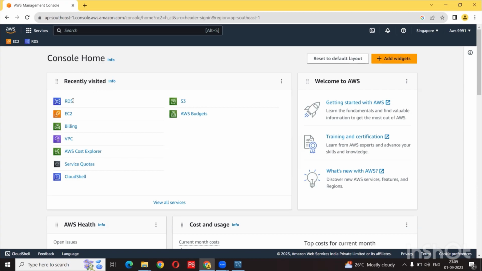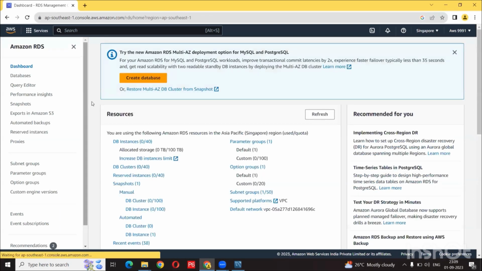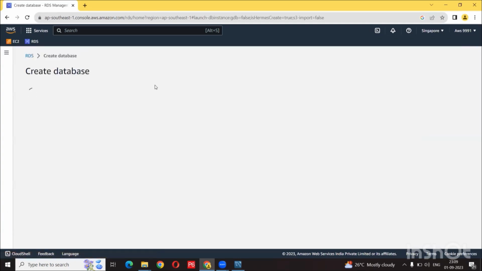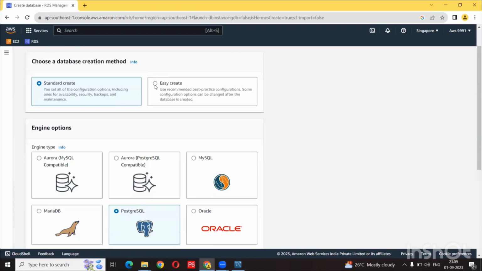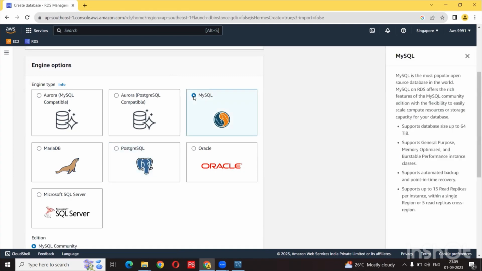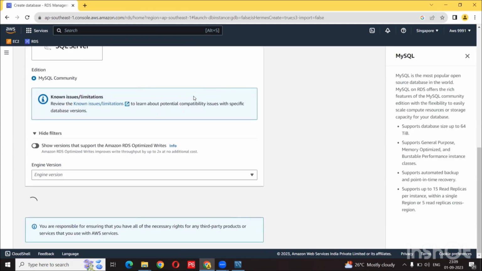Alright, so here we are in the AWS console. First thing I'm going to do is go to the RDS section. Click on that, wait for this, and then we'll click on create database. Okay, so now we will be using MySQL as our database engine. Click on that,